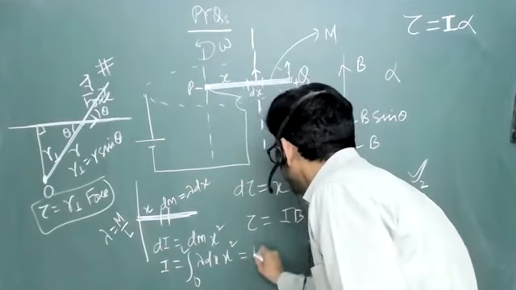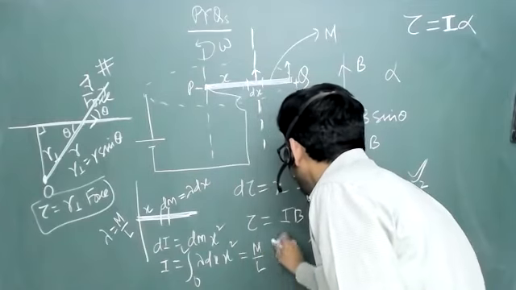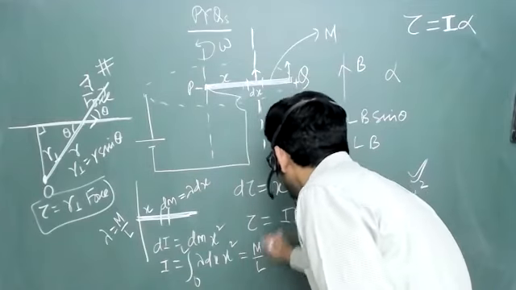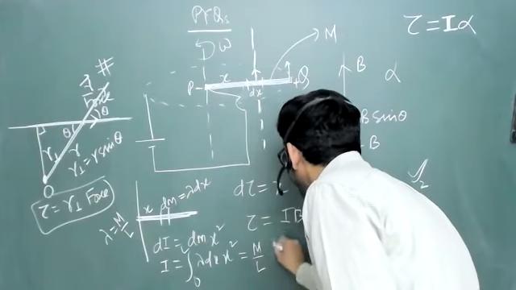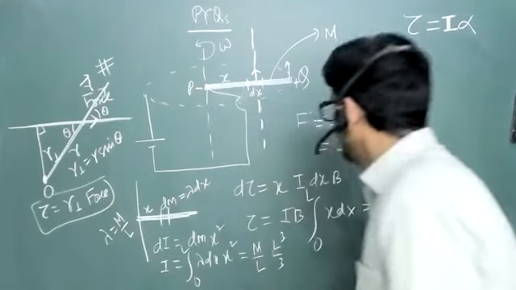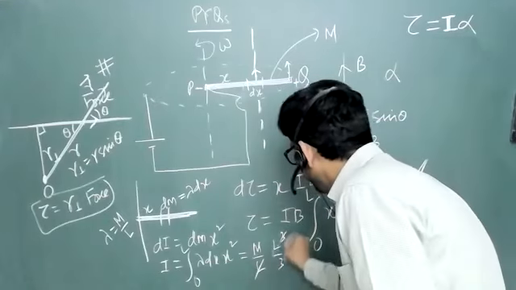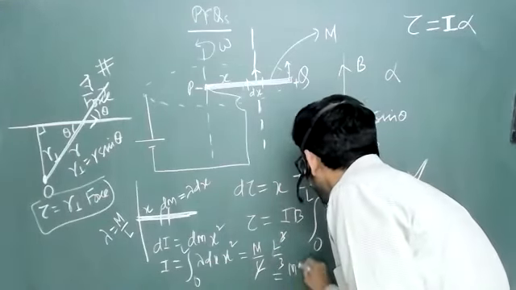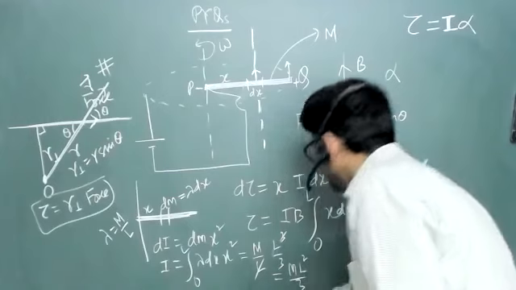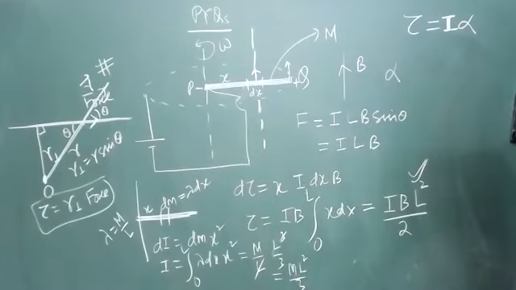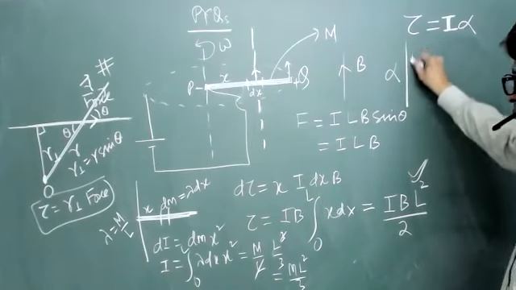So it will become M by L into L cube by 3, and L will be gone, it will become M L² by 3। आ गया मोमेंट ऑफ इनर्शिया।